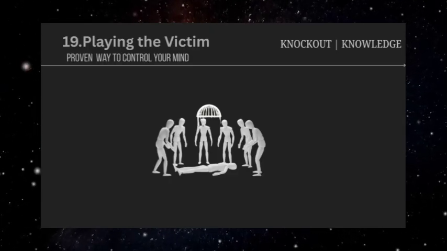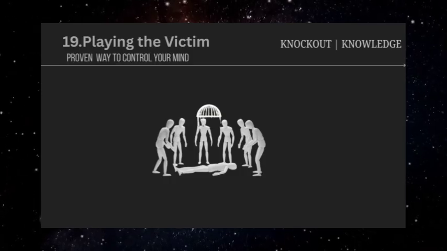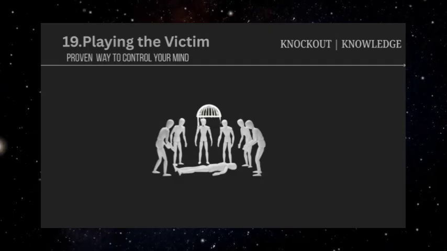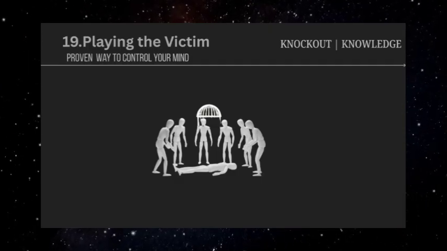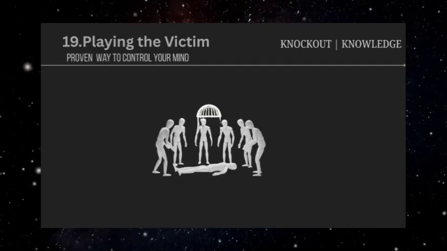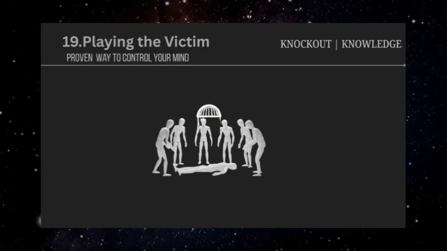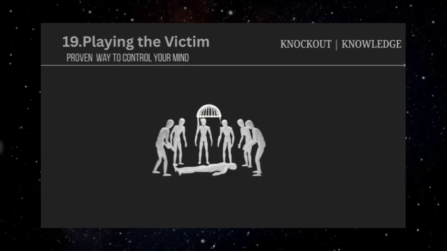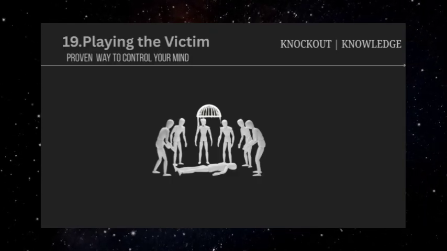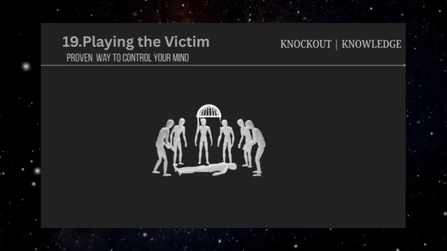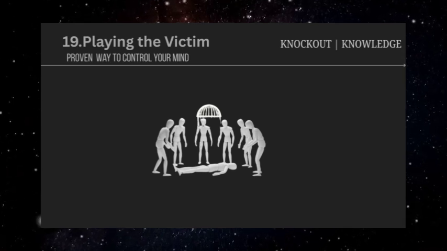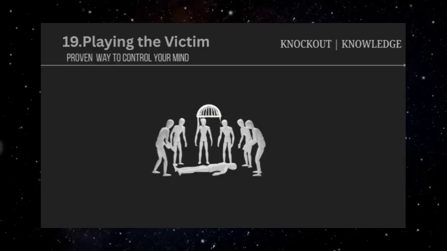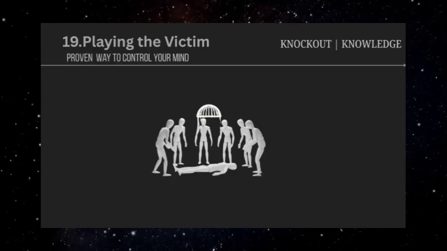the relationship. Workplace victim-playing might involve someone consistently claiming they're being picked on, misunderstood, or treated unfairly whenever their performance or behavior is questioned. They might frame feedback as personal attacks, present legitimate consequences as persecution, or claim that others are conspiring against them. This makes colleagues and supervisors hesitant to address genuine issues for fear of appearing unsympathetic.